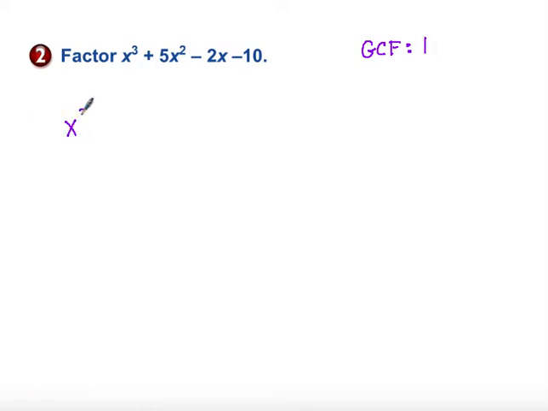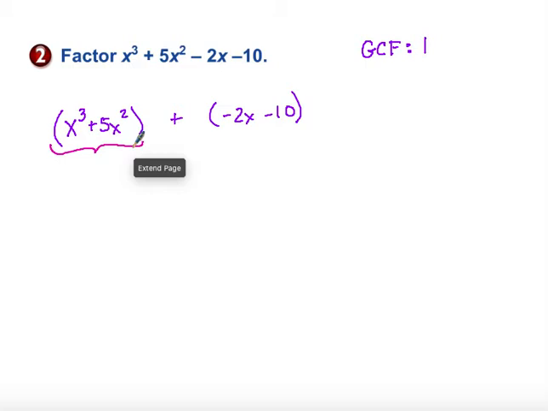All right, now I'm going to utilize my grouping. So I'm going to take x cubed plus 5x squared grouped together, plus I'll take negative 2x minus 10 and group that together. So now I'm going to look for a GCF in the first 2 terms, and it looks like that's going to be x squared. So I'll pull that x squared out, and I'll be left with x plus 5. Then I'm going to come over here to my second set of terms and pull out a GCF again. So it looks like in here, my GCF is going to be negative 2,